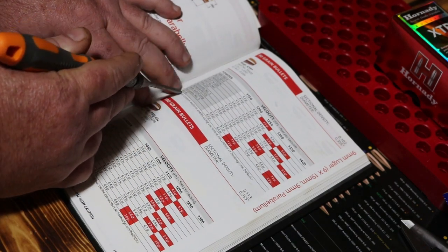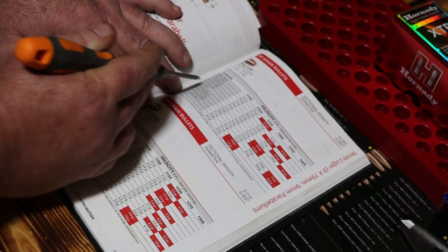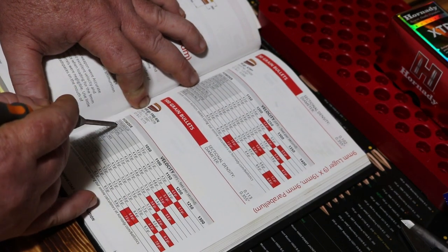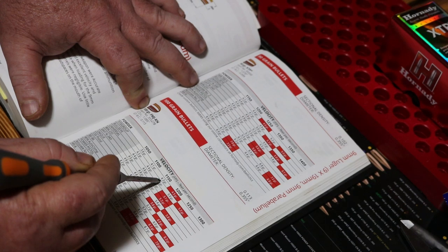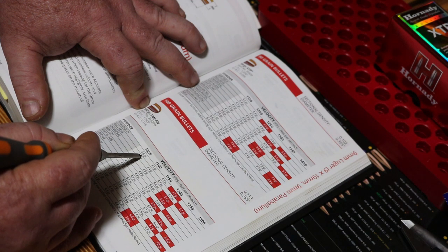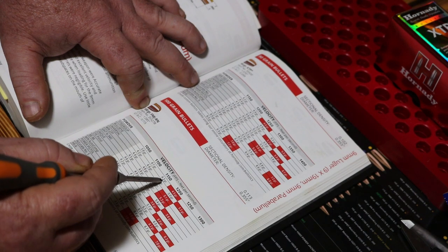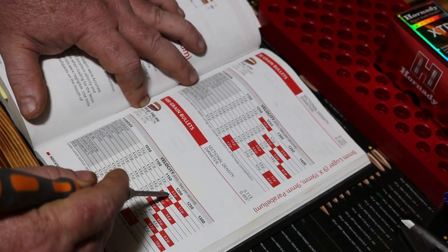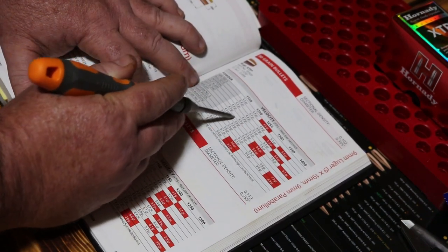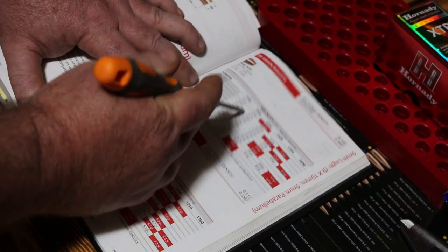Alright, there's no TiteGroup up there on this 90 grain XTP. You got IMR 700X, Bullseye, Universal, Power Pistol, and all them. You come right down here to the 100 grain, you got TiteGroup, and if you look right across here, the slowest one that they've got is 3.8 grains, 4.1, and then 4.3. The highest is 4.3. With these only being target loads, what I'm going to do is come right up here. I've already fooled with these enough so I can just about tell you I'm going to run